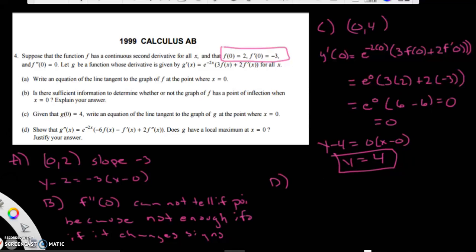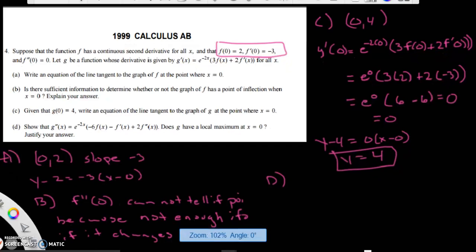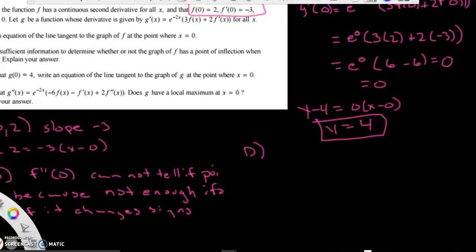Okay, part D. It says show that g double prime of x is equal to e to the negative 2x, negative 6f of x, f prime of x plus 2f double prime of x. Does g have a local max at x equals 0? Justify your answer. So, I'm going to need a lot more room than that. So, we have g prime of x equals e to the negative 2x, 3f of x plus 2f prime of x. Okay, so g double prime of x is going to equal,